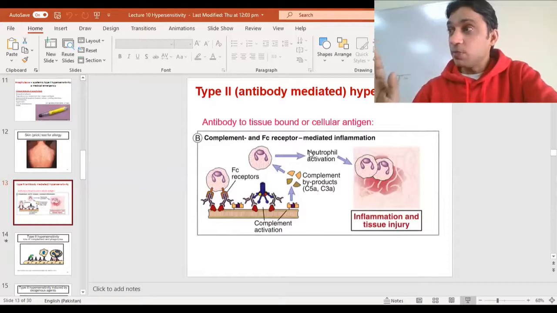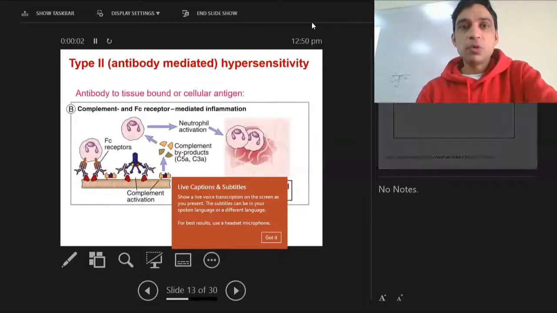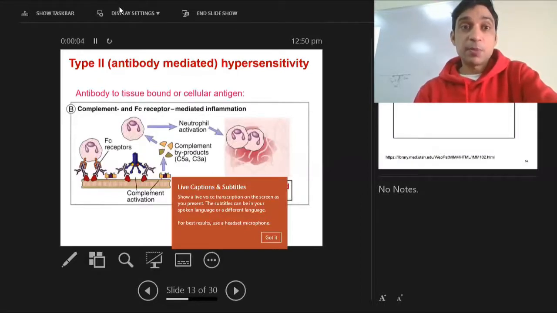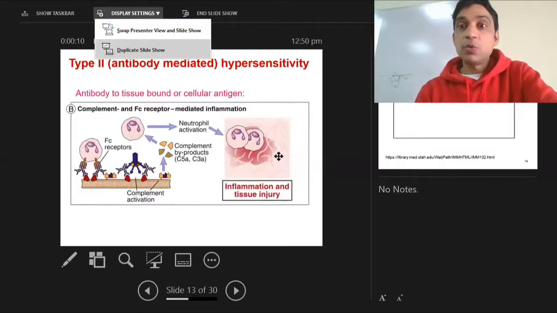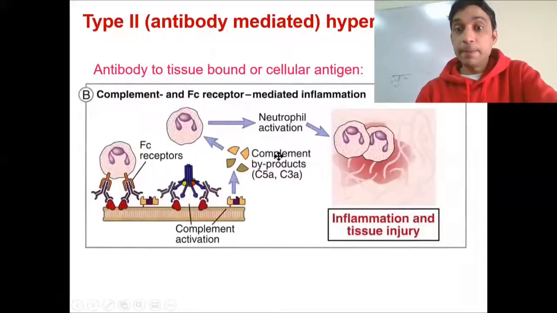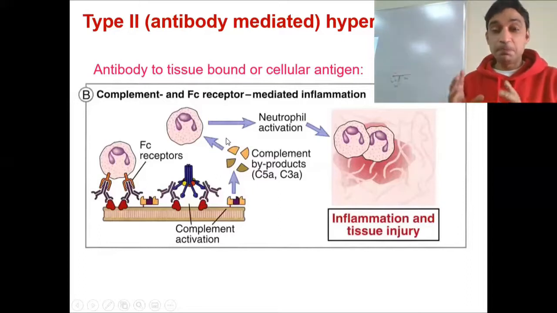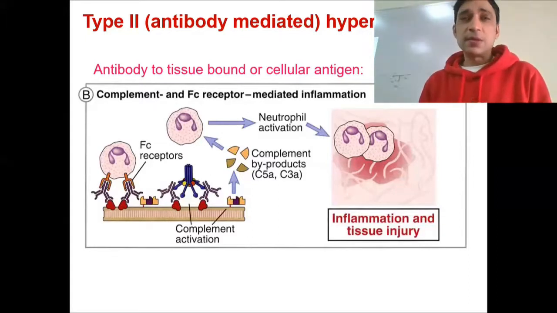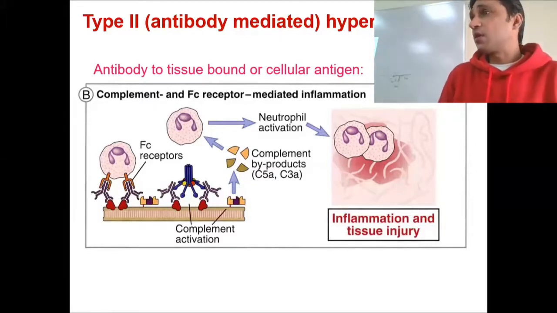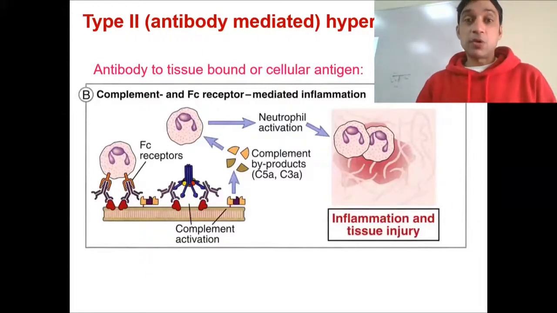There are things out there which are not very much toxic, which are not very much bad. So there were things out there which were not supposed to be bad, not supposed to be toxic, but our body and our immune system started considering those things as something very bad and started reacting against them, and that is called hypersensitivity.